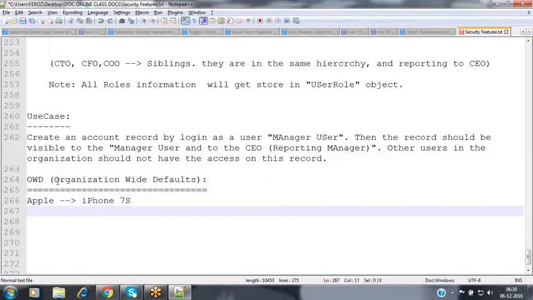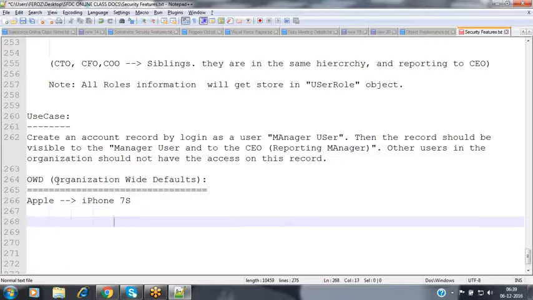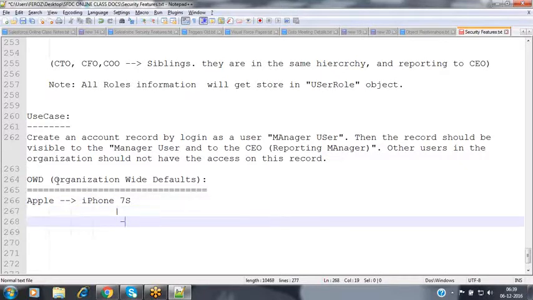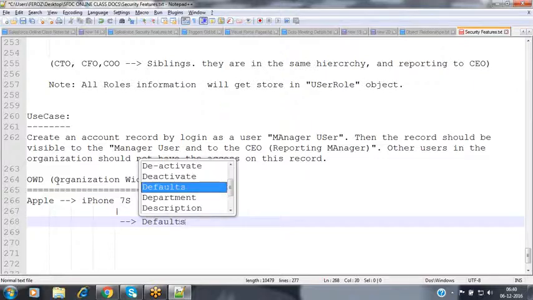Inside this iPhone, they are providing some default configurations, some default settings they have configured.